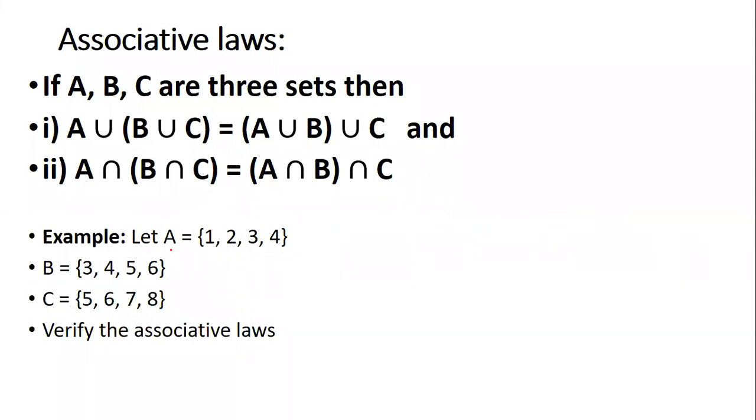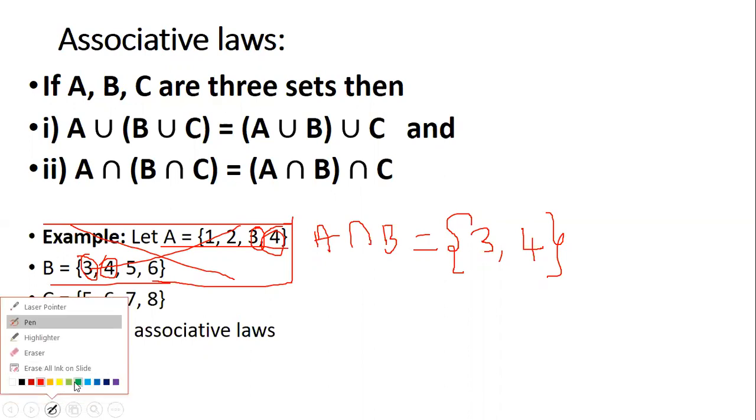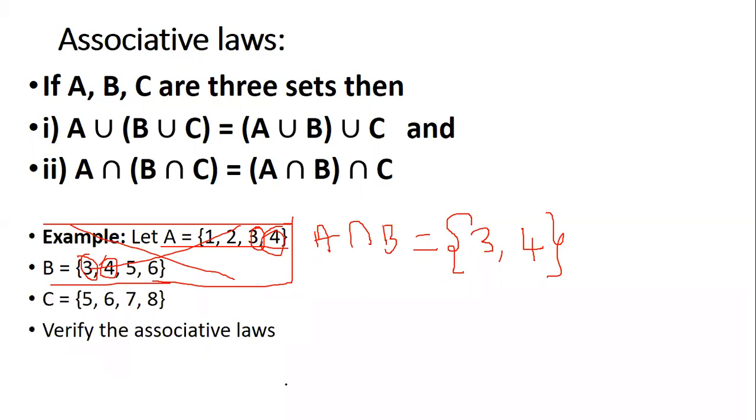Very good. So I have set A and I have set B. Now let us find out A intersection B. Now can you say me which are the common elements between A and B? I have 3 which is common, and then 4 is common. So A intersection B is 3, 4. Okay. Now, since I have finished A intersection B, I am not gonna see these individual sets, because I have already solved it. There is no requirement for me to check.